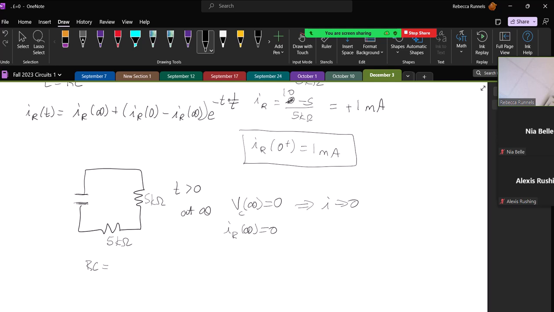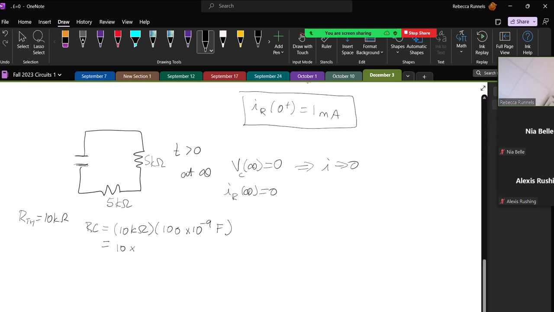And so R Thevenin would be 10 kilo ohms. And so RC is 10 kilo ohms times our capacitance was 100 nanofarads, 100 times 10 to the negative 9 farads. So that is